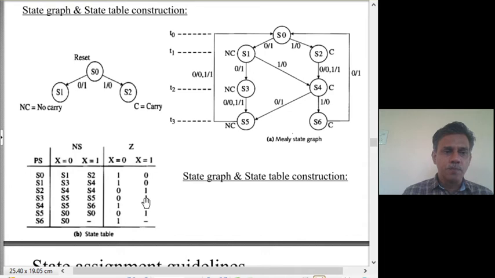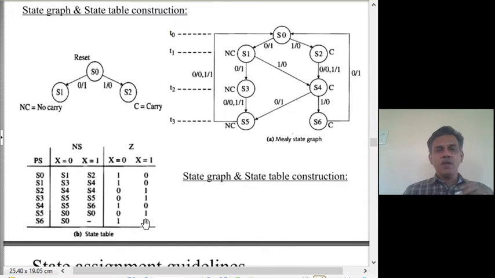1, you produce 1. From S4, you may either go to S5 or S6 and produce accordingly. From S5, you always go to S0. The output and input are the same. 0 means 0, 1 means 1. From S6, only x equal to 0 can occur, in which case you go to S0 by producing a 1. X equal to 1 cannot occur in S6, so you put a dash. Later on, this will be treated as a don't care condition.